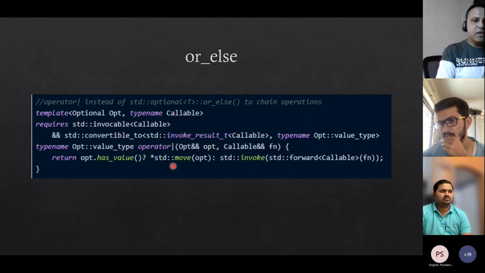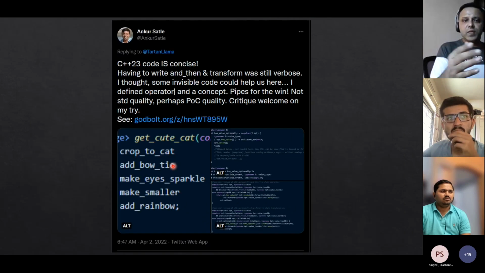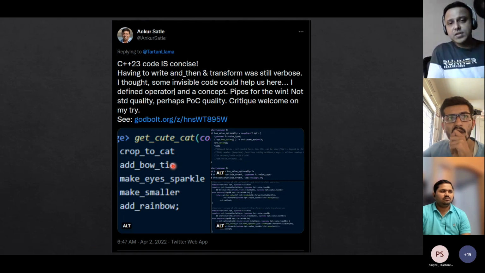And there you have it. All of these operations are now possible because of these two concepts and the overload because of the concepts. This was what I ended up saying. It is really good and nice to see that C++23 is concise. And unless I'm missing something grave here in how it can be realized,